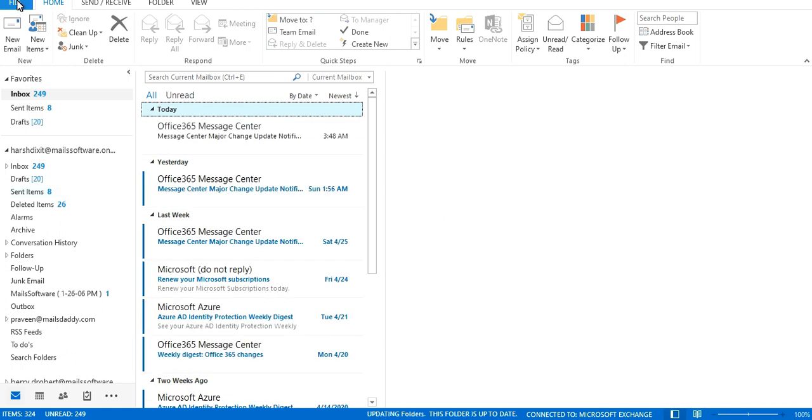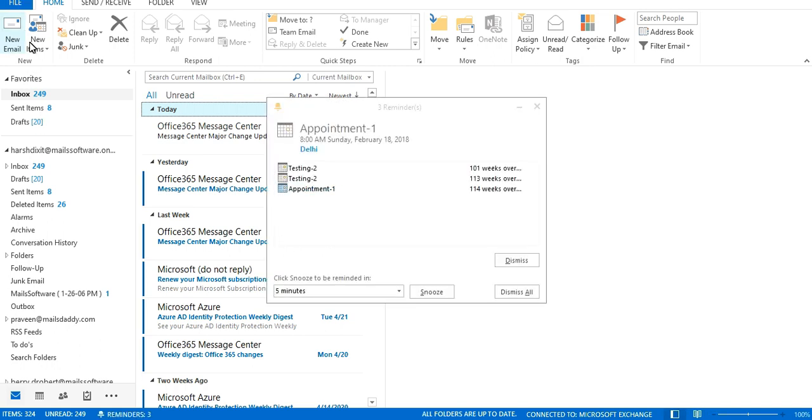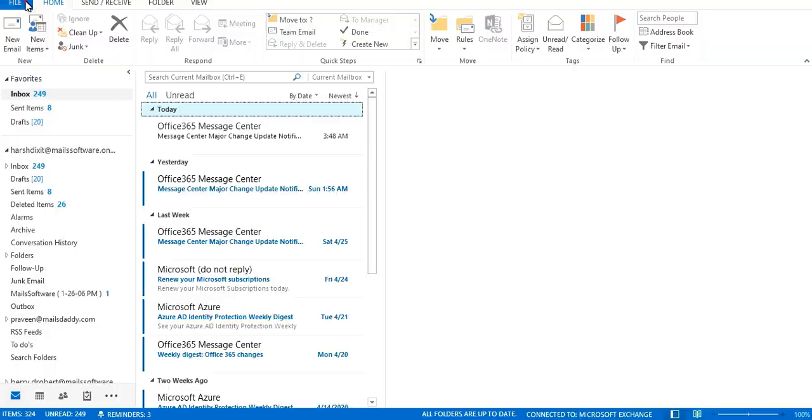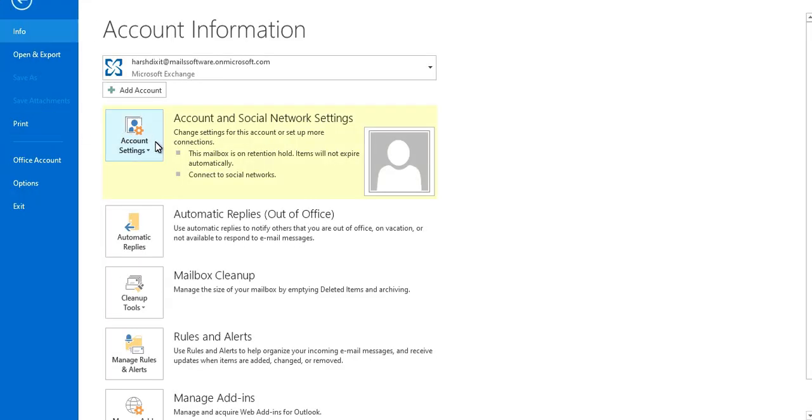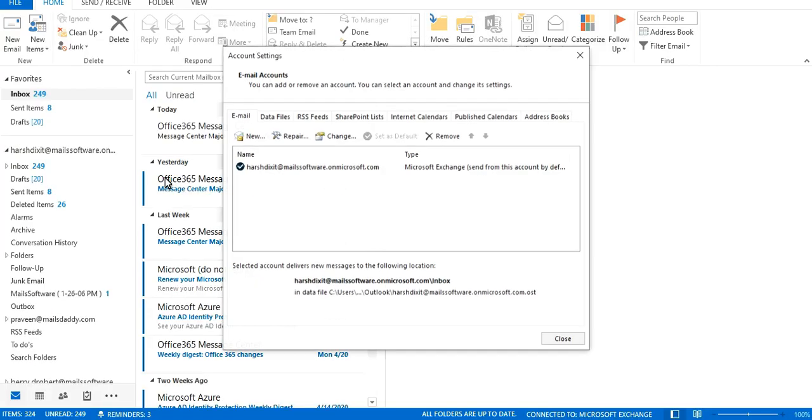One more thing that I want to tell you is where your backup is. As we have checked Cached Exchange Mode on, we will see where our OST file has been stored. To see this, click on File and then you will see an option of Account Settings. From there click on Account Settings, and then click on Data Files.